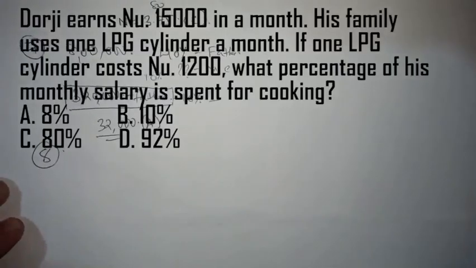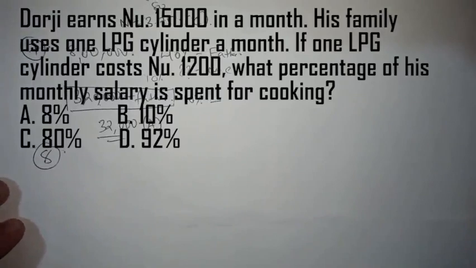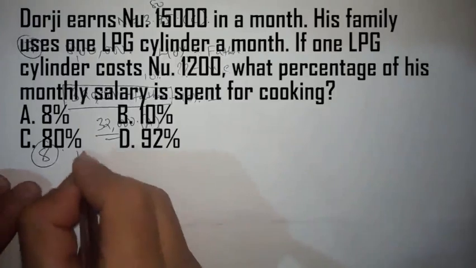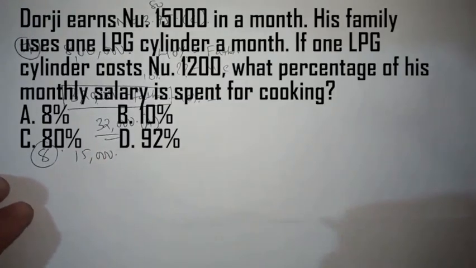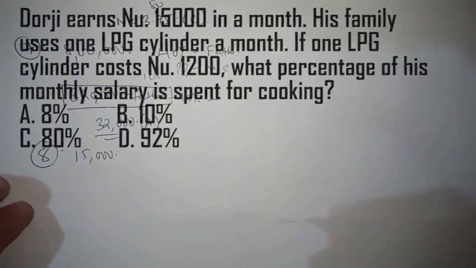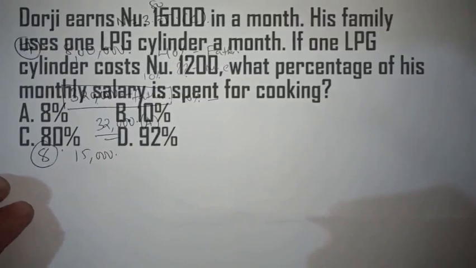Question number 8. Dorji earns 15,000 in a month. His family uses 1 LPG cylinder for a month, and if 1 LPG cylinder costs